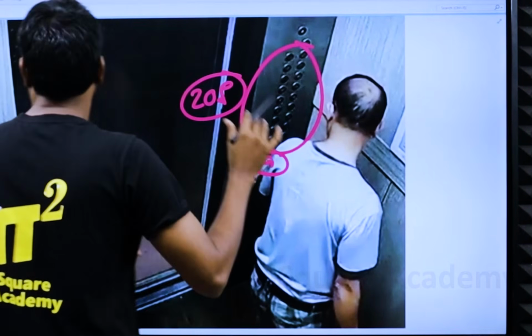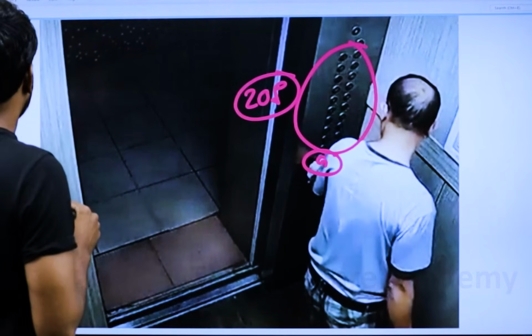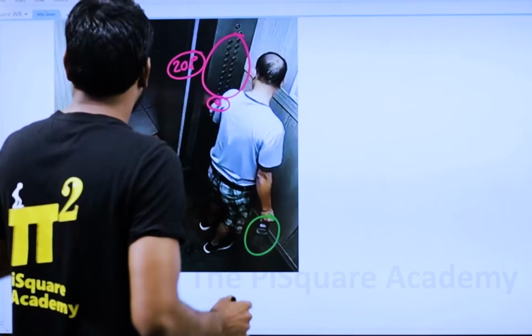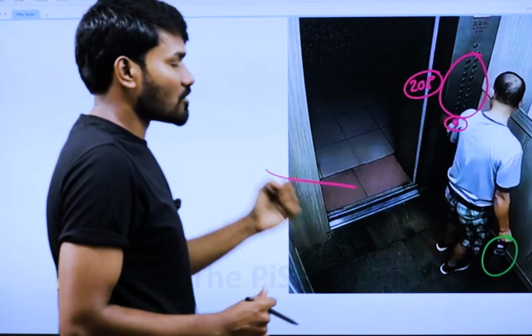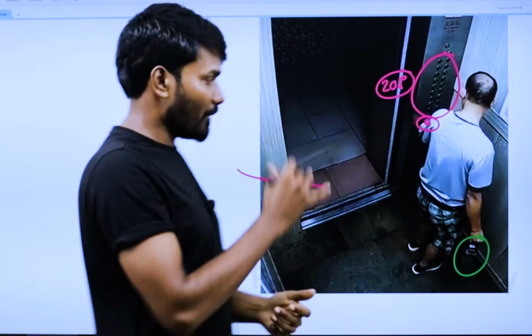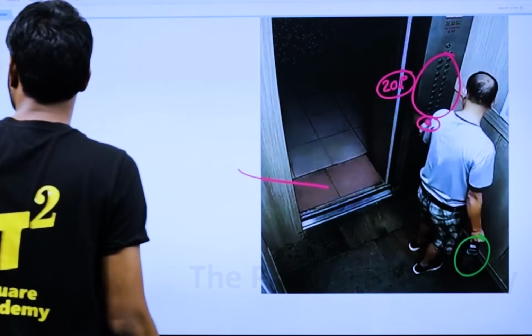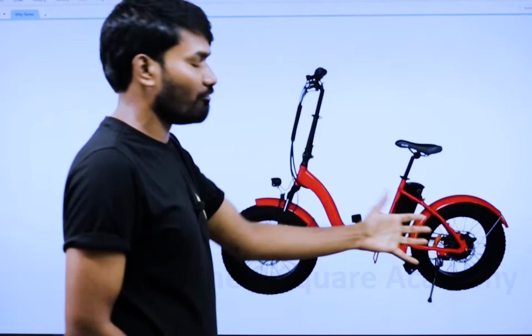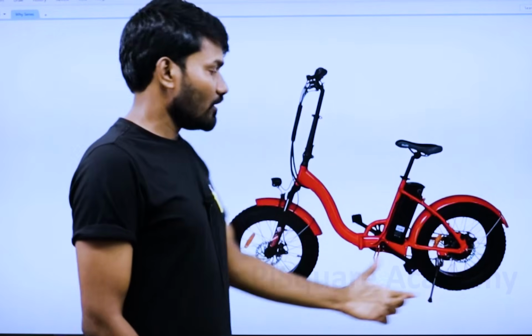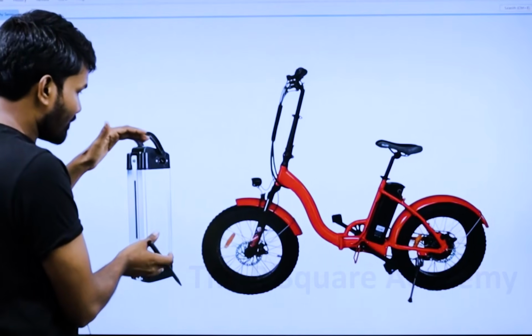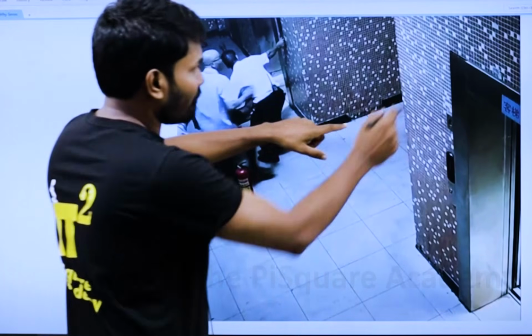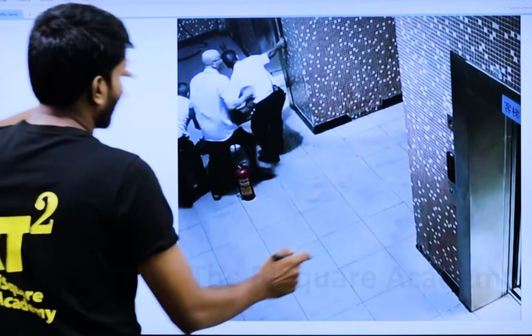Okay, let me just give the next point. These details are very important. With these details, I understand this guy has charged his mobile battery pack, because if you look at this battery, it is pretty much similar to the batteries used in these kind of mopeds, two-wheelers. They can be used for different purposes, but I guess he must be using a similar moped, which is quite common in China. And with this frame, you can say he's from China.